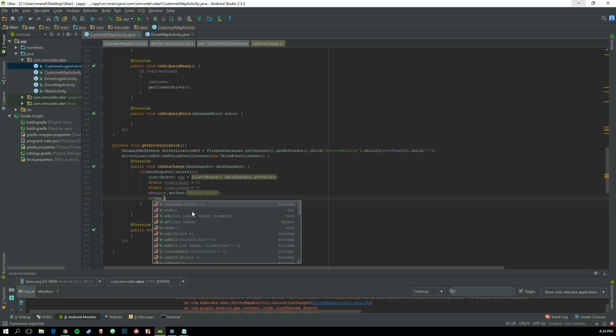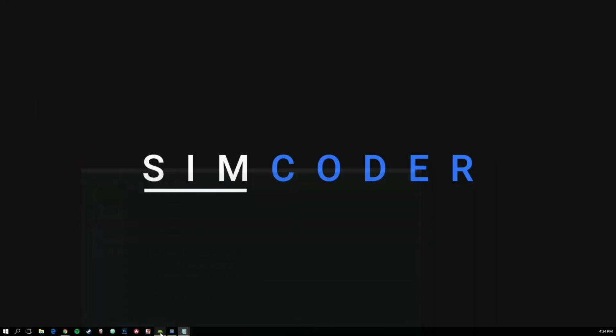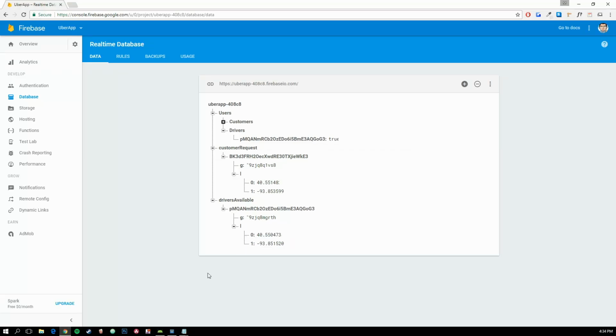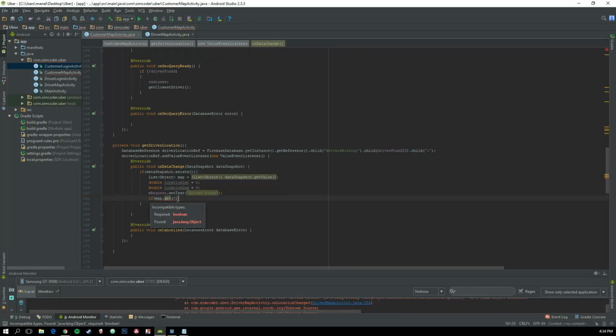So get the index 0, which is going to be this one, the first one, which is a latitude, I believe. If map.get 0 different from null, and this is just a prevention measure, because if it returns null, then if you didn't have this if, it would crash. So just to be sure,